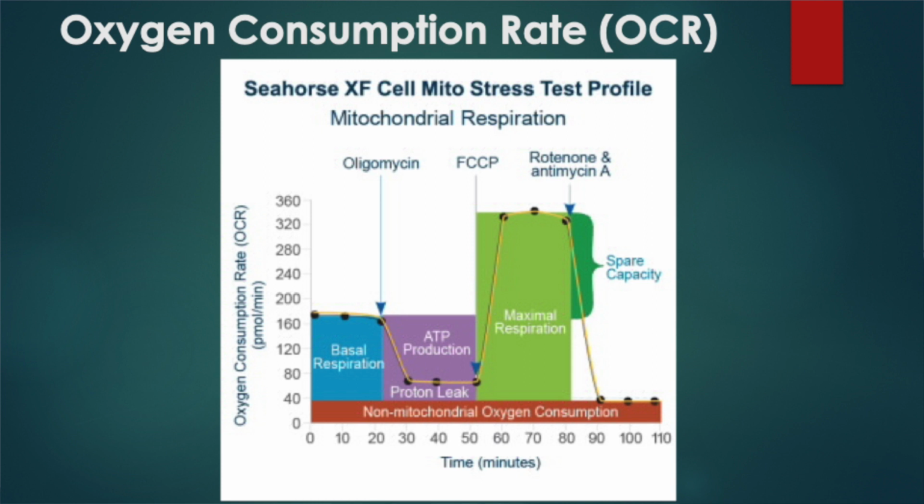Once the basal respiration is measured, you inject the molecule which is called oligomycin. Oligomycin is a drug that will inhibit the ATP synthase enzyme in the electron transport chain. So once oligomycin inhibits the ATP synthesis, your oxygen consumption level will fall. From the basal level of oxygen consumption, it further falls down to the minimal level.